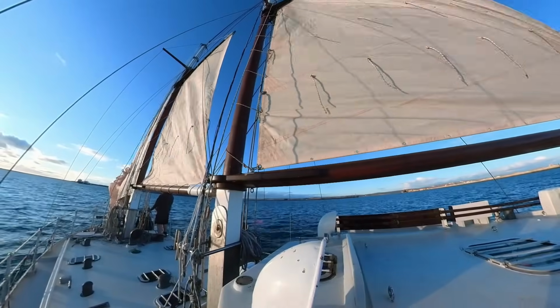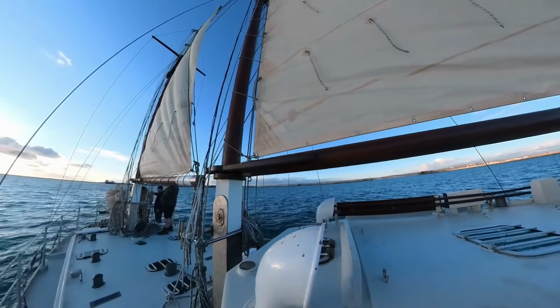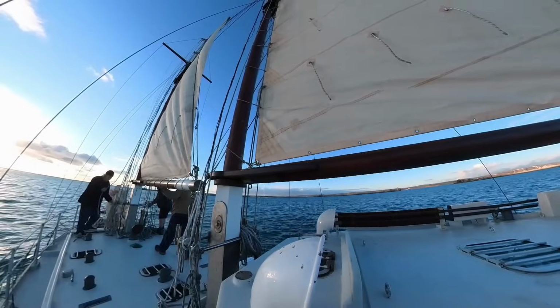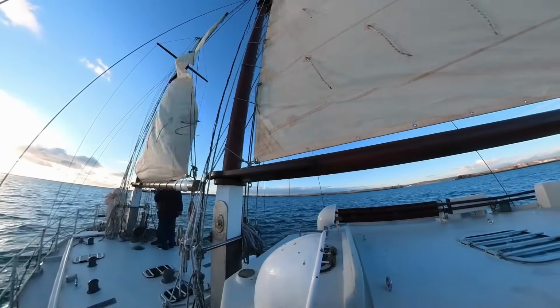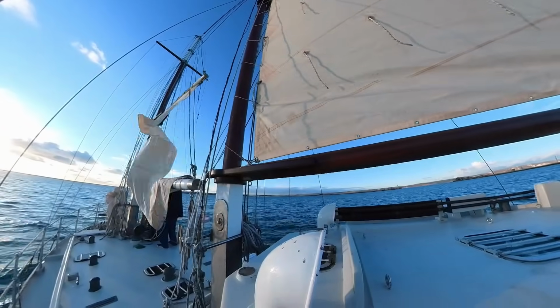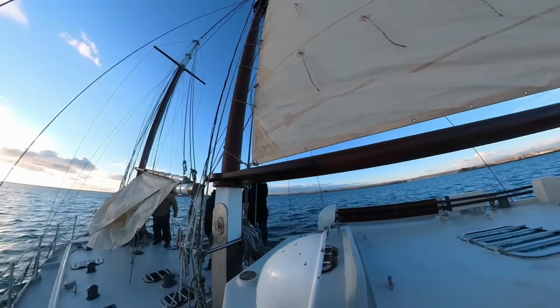Right, I'll just zip through these. So the sails are just getting bashed down now. The flying staysail first. Then the staysail gets pulled down. Then we move on to the number 3, whatever sail it is, and finally sail 4, and that's it. We were back on our way into the